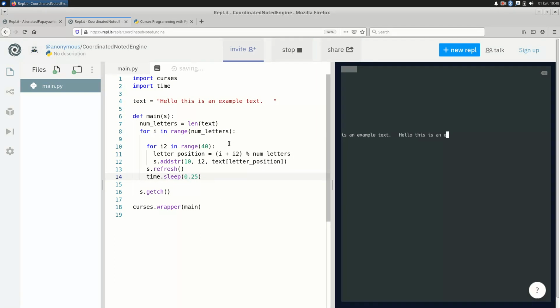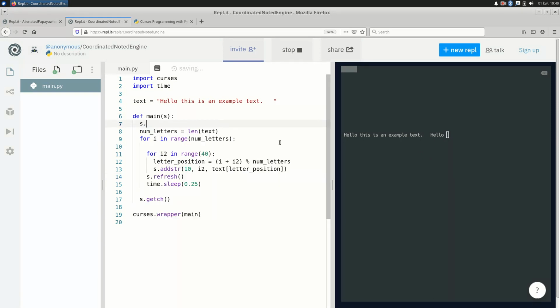Okay, so that's looking kind of smart. I have got the cursor here, and that's a little bit annoying. So let's try and get rid of that cursor. There is a way to do that. What you do is curses.curs_set(False). Now if I run that program,